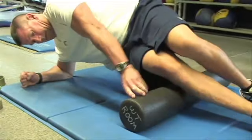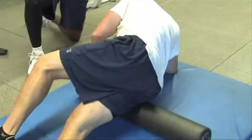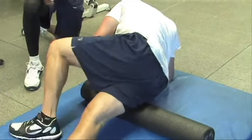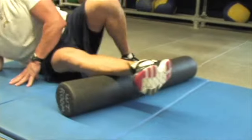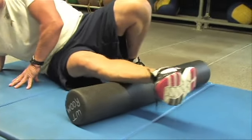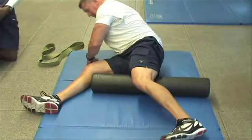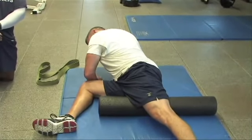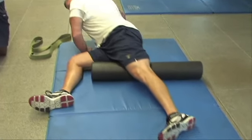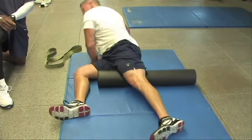Then he'll transition to the side of his leg, the IT band and the lateral hip. Roll until he finds another spot. The last one we'll do with this series is the outside of the calf, a little more stress on the shin muscles and the lateral part of the calf. And then finally he'll do the groin. Anywhere on the inside of the thigh, from the knee all the way up to the deep thigh where it connects to the hip, you can feel the groin muscle, and it's really an important area to get